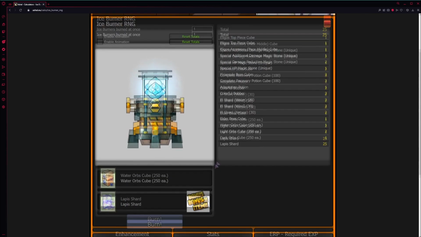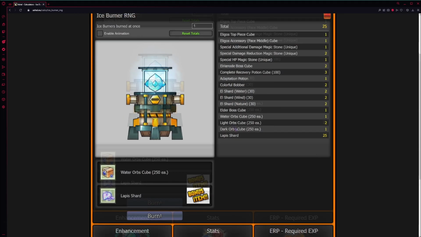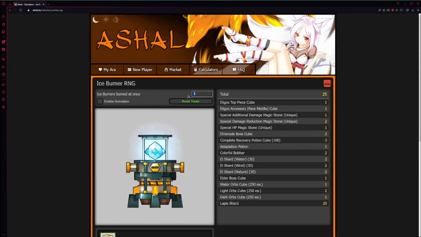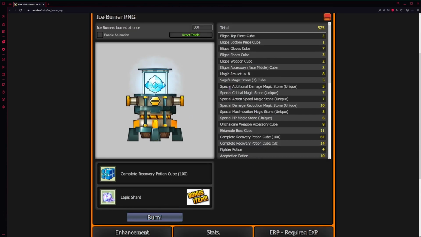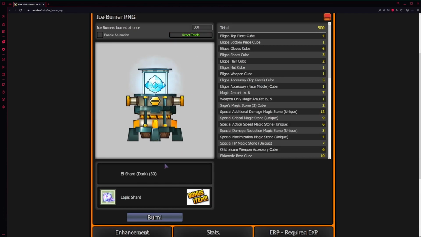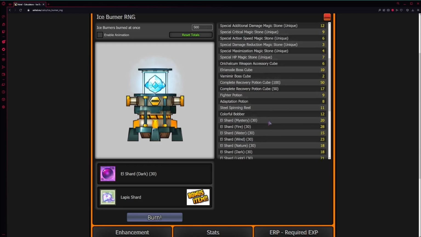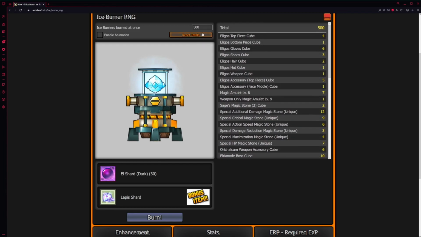But you can just get yourself rid of that RNG or that need to spend. And for some people, they use this as like, oh, should I burn today? Let's burn 500 fake IVs. What do I get? Well, I got 1 weapon out of 500 IVs. I got 2 Sagestone cubes. Who cares, man? Like, I didn't do that good.